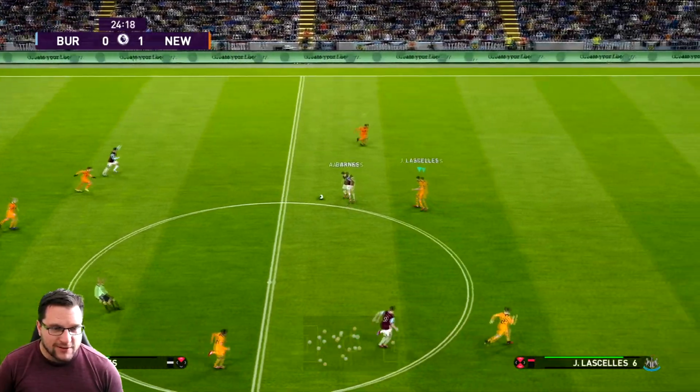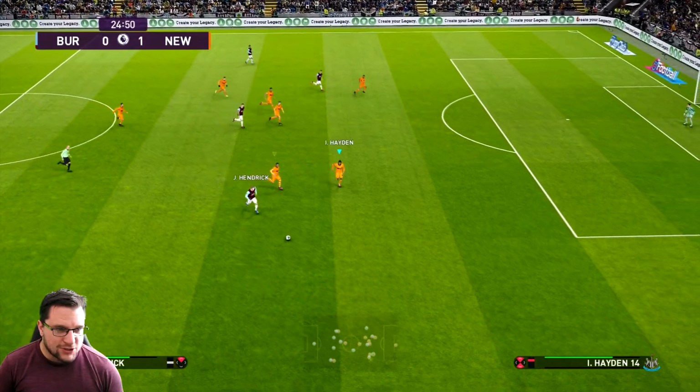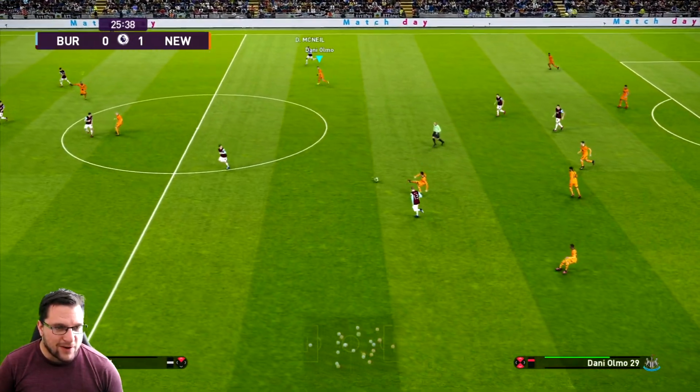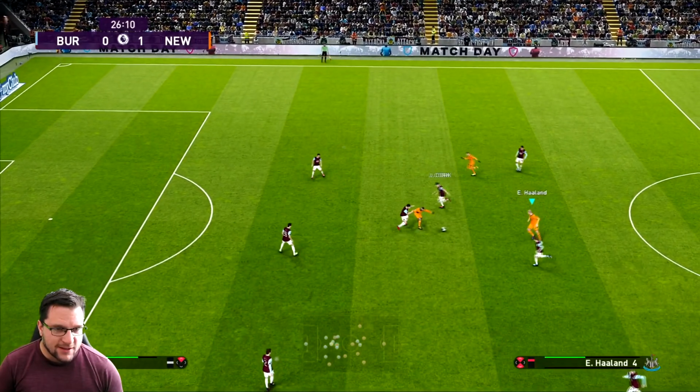And McNeil now tries to launch Burnley forward. Ashley Barnes lays it into Chris Wood. One more out to Jeff Hendrick. Slightly overhit the pass, but he's going to be able to have a run at Hayden here. But great defending from the Newcastle holding midfielder, as now Newcastle look to create their own counter-attack as Maximin into